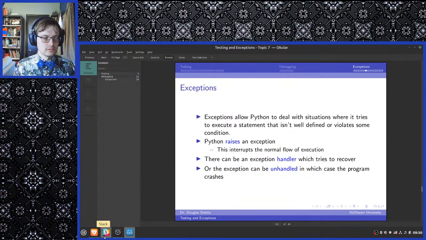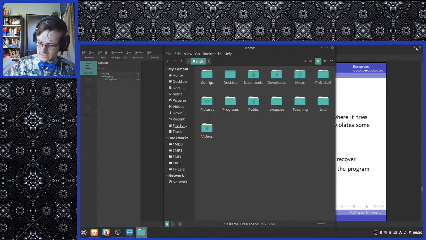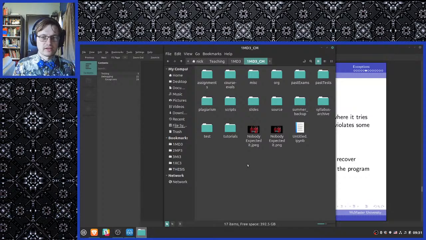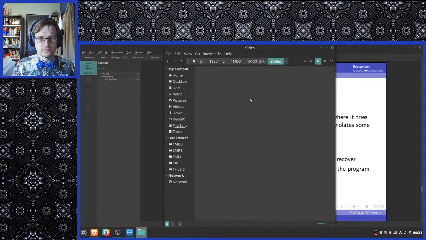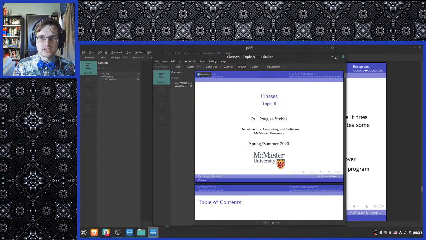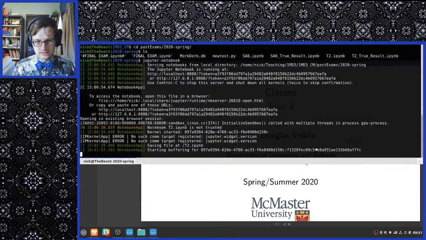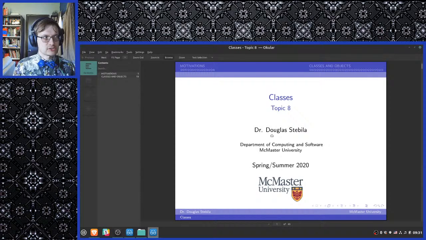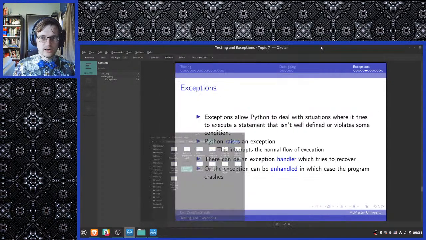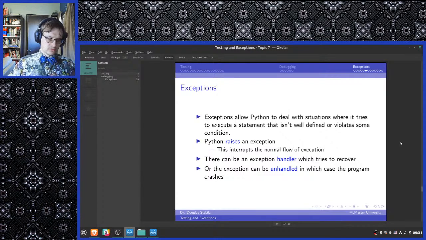So, today we're going to do the last little bit of exceptions and exception handling. Fortunately, exception handling is stupid easy. Really, it's very, very simple. And nobody ever has any problem with it whatsoever at any time. So today, primarily, we're going to be talking about classes. Not this class, but classes in general, which is a very, very, very important part of object-oriented programming.